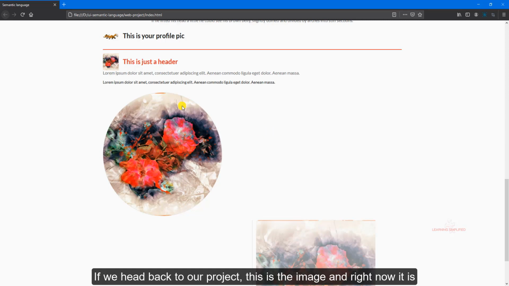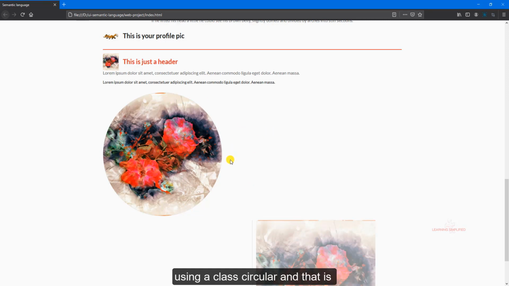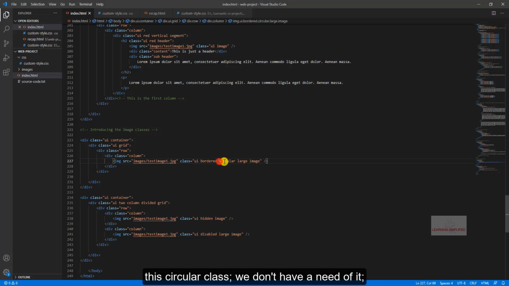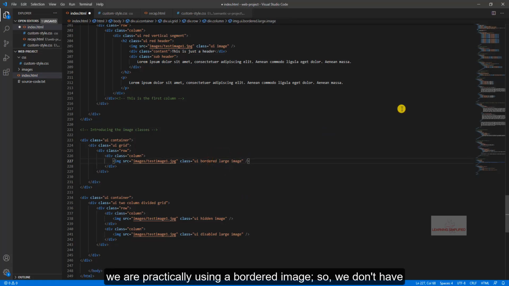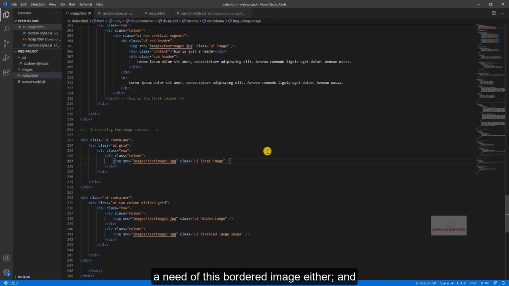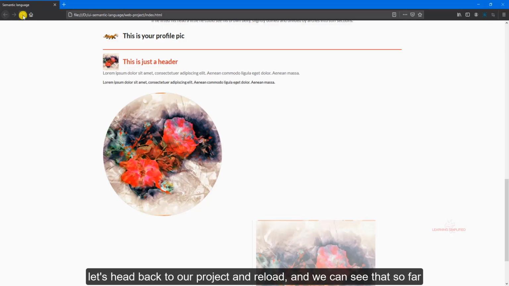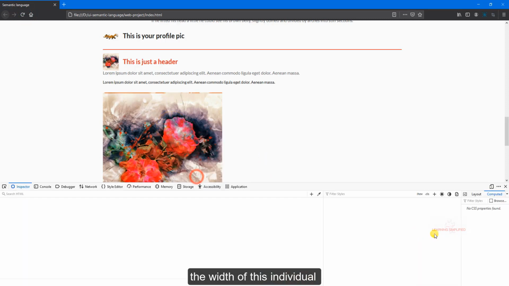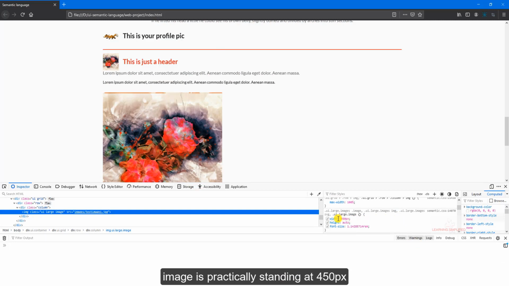If we head back to our project, this is the image, and right now it is using a class circular, and that is why this image is appearing circular. So first of all, let's remove this circular class. We don't have a need of it. We are practically using a bordered image, so we don't have a need of this bordered image either. And let's head back to our project and reload, and we can see that so far the width of this individual image is practically standing at 450 pixels,